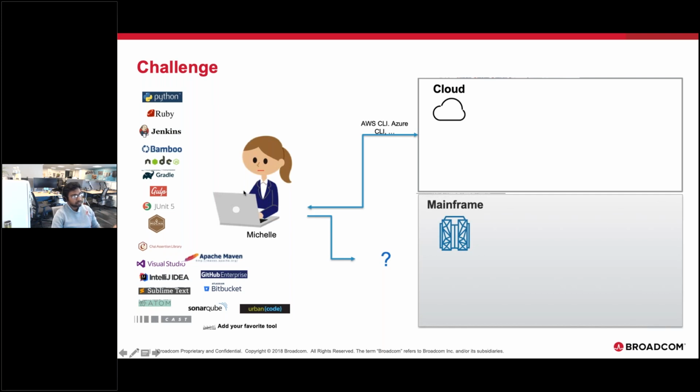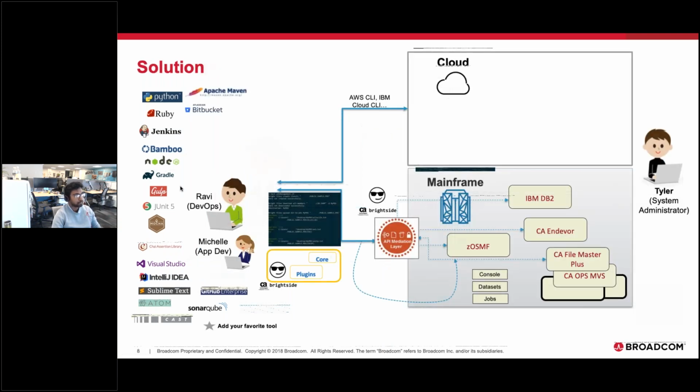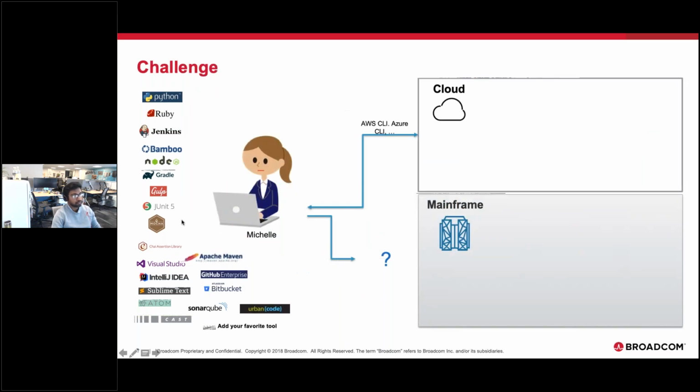Currently, if you're working on the mainframe, you're not really able to use a lot of these tools that most IT and development folks are very prone to using today. So scripting languages like Python, or just even simple shell or bash scripting, continuous integration tools like Jenkins and Bamboo and Circle CI, task runners like Gradle and Gulp, automation testing frameworks like JUnit or Mocha or Chai,